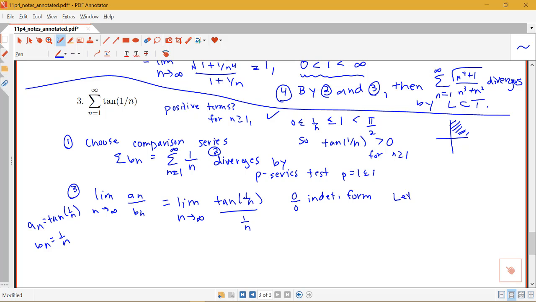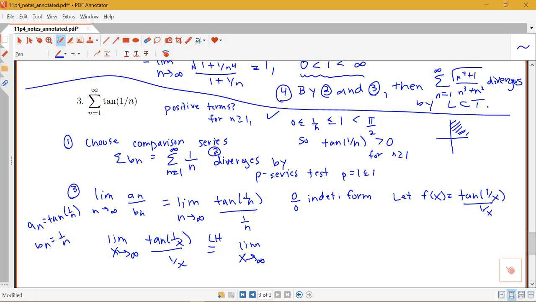So I'm going to write down the related function here of tangent of 1 over x over 1 over x, and look at the limit as x goes to infinity of tangent of 1 over x over 1 over x. And then we can apply our L'Hopital's rule. So we can say we have the limit as x goes to infinity here. The derivative of tangent of 1 over x is secant squared of 1 over x times the derivative of 1 over x, which is negative 1 over x squared, divided by the derivative of 1 over x, which is negative